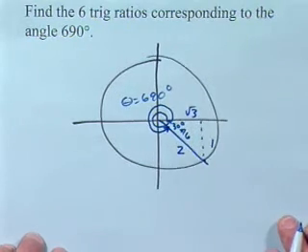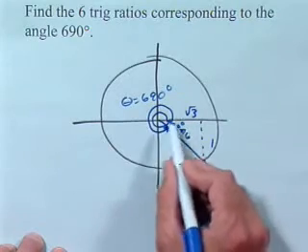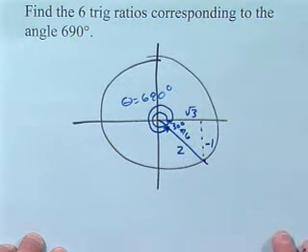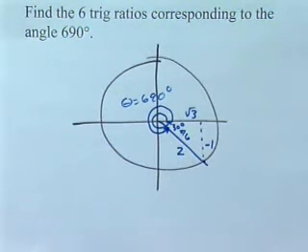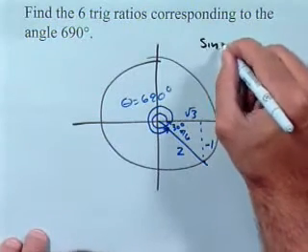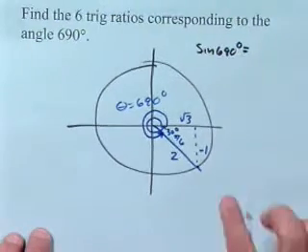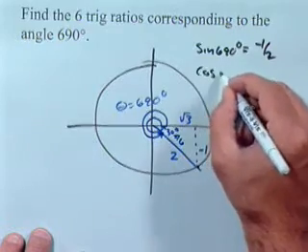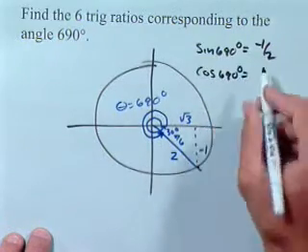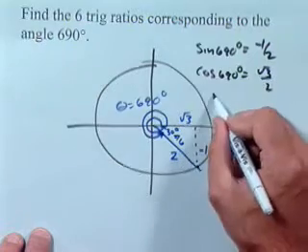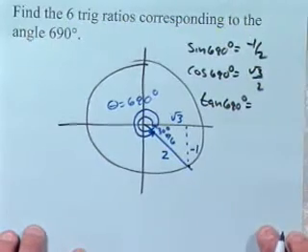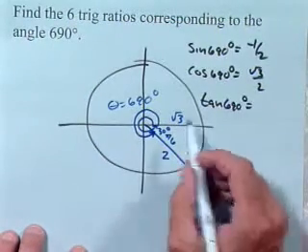Let's see if all our signs are correct. The x is in the positive direction, so that's positive root 3. The y is in the negative direction, so that's negative. Hypotenuse is always positive. Now I can find my trig ratios. I can find anything I want now. Sine of 690 degrees is the opposite over hypotenuse. Cosine of 690 degrees is adjacent over hypotenuse. It's fairly easy now that we've found this nice little triangle. Tangent of 690 is opposite over adjacent,